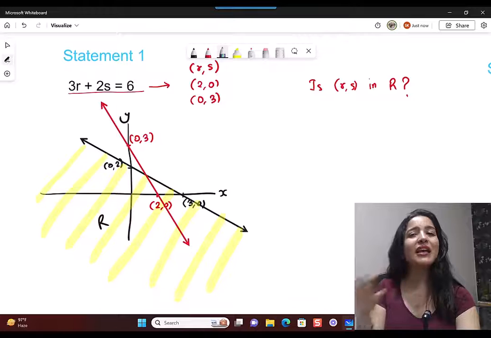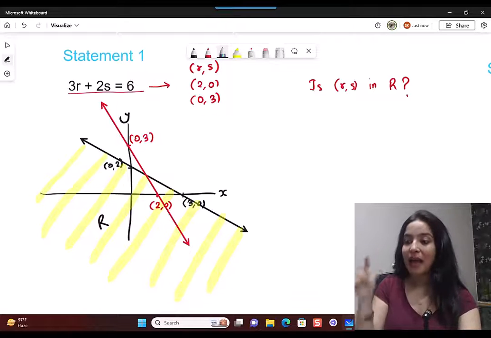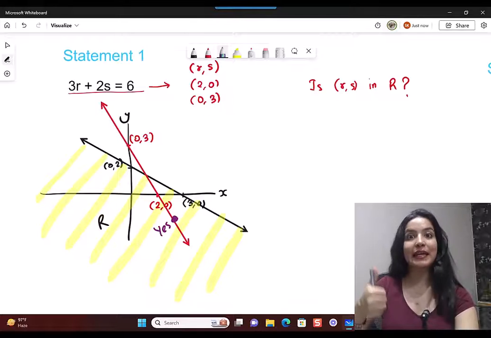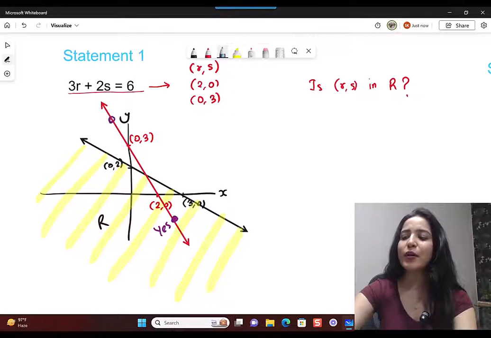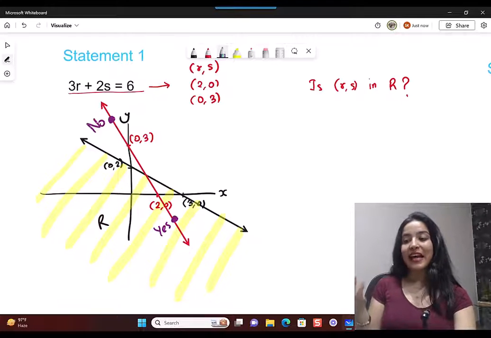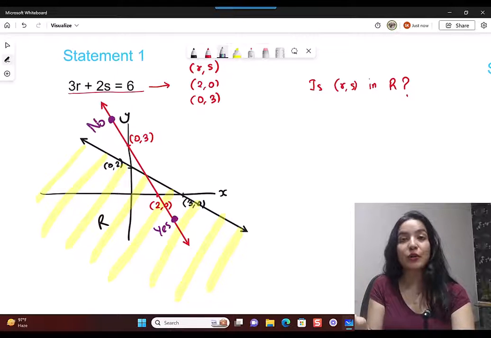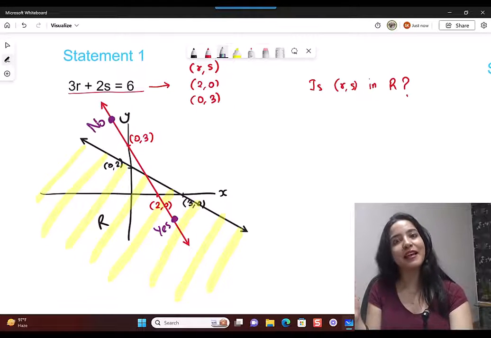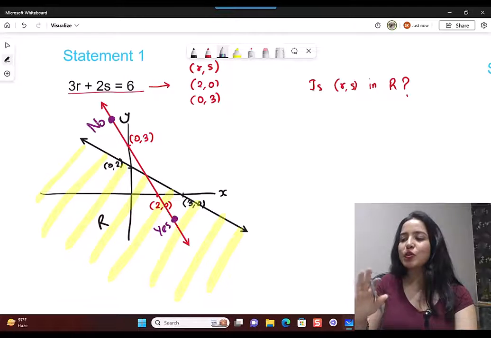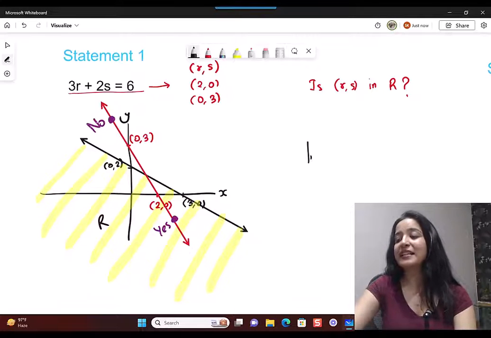I don't have to think about any coordinates this time. I can see it here. I can see that yes, there are some points on the red line which will lie in the yellow region, so I can get a yes. But there are some points on the red line which are not in the yellow region. That means without worrying about which coordinates, out of the infinite possible, I can see some of it is in the region, some of it is not. So it was so easy now to reject statement 1